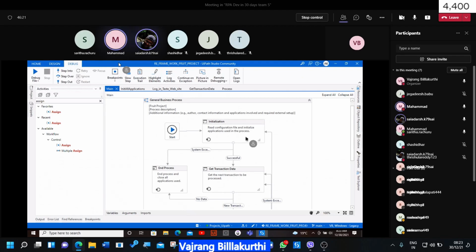Okay. Anyone else who completed this project completely? In general cases also, in real time also, just a second, I asked the question. Anyone else who completed the project completely in the REFramework? No, I'm doing it in sequence only. Once I get finished, I'll convert it into the REFramework. Okay, fine.